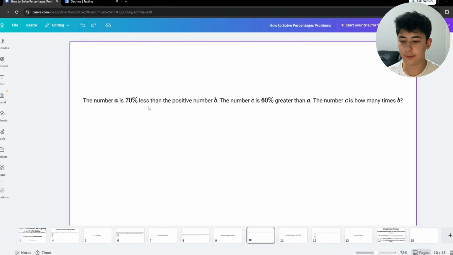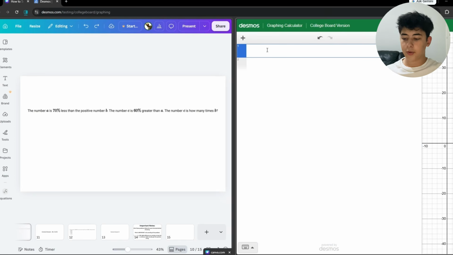The number A is 70% less than the positive number B. The number C is 60% greater than A. The number C is how many times B? Now this problem is going to be different than the rest, but you're still going to be applying the same formula. So here you're still going to type in A, C, and C like usual on the left side